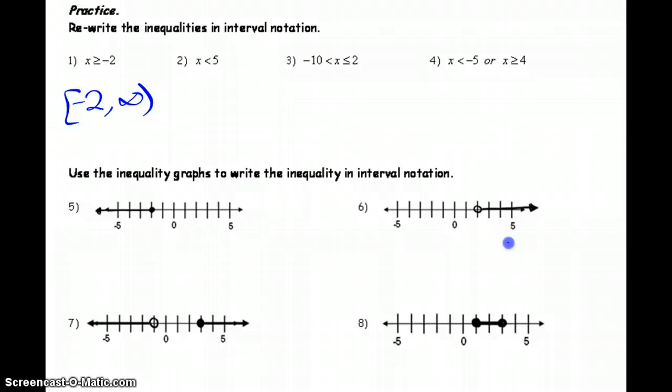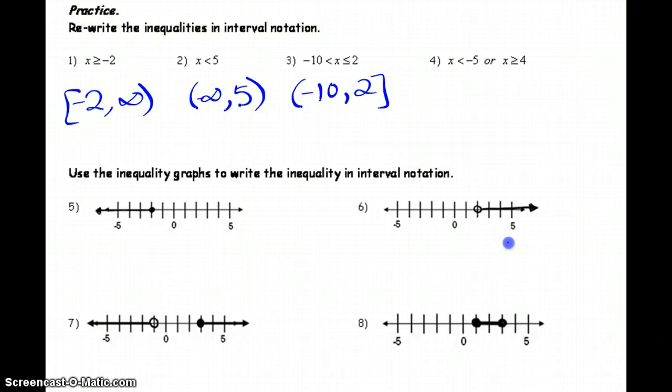In number 2, it's all numbers that are less than 5. Our starting boundary is -infinity. Our ending boundary is 5, and we use a parenthesis because there's no equal sign. In number 3, this is numbers that are greater than -10 but less than or equal to 2. Our starting boundary is -10. Our ending boundary is 2. We use a parenthesis with -10 because there's no equal sign, and we use a bracket with 2 because there